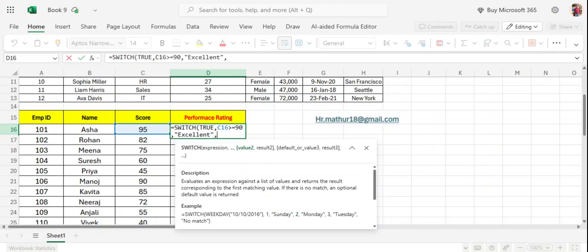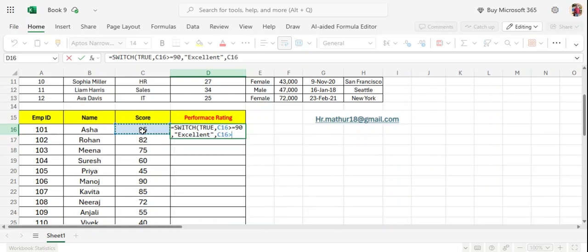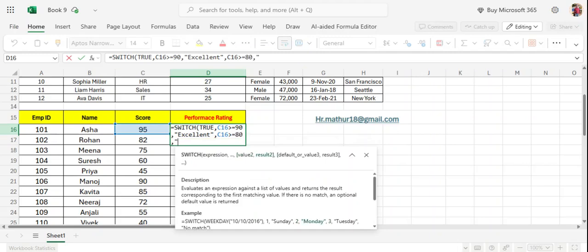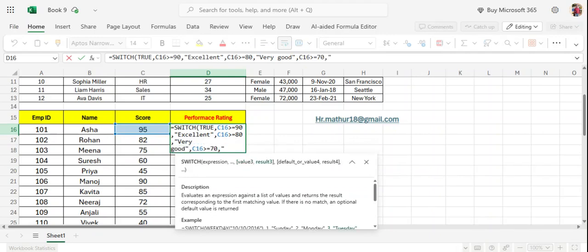So this is the first logic test. Now the second value, again select this, greater than equal, this time 80, comma, "very good" in double quotation, comma, again select this, greater than equal 70, comma, this time "good",